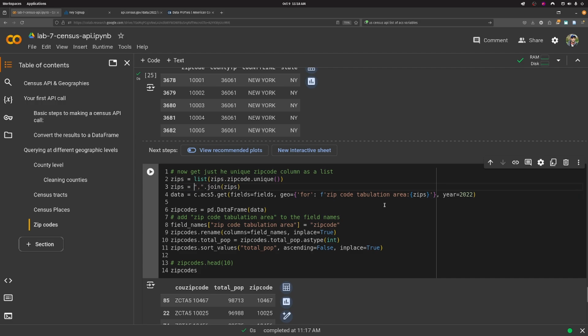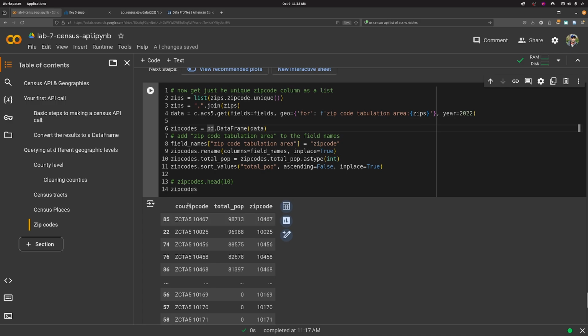So we're just doing this in a couple stages. First, we get the list. Then we're going to join that list into a single string. We run our query. So our fields, same as we've been doing every time. We say for, and then zip code is zip code tabulation area. And then we pass in just the zip codes we want. So we're not filtering it by state. We need to know the actual zip codes. And that is how we get these zip codes out of it, right? Okay. We put them into our data frame,